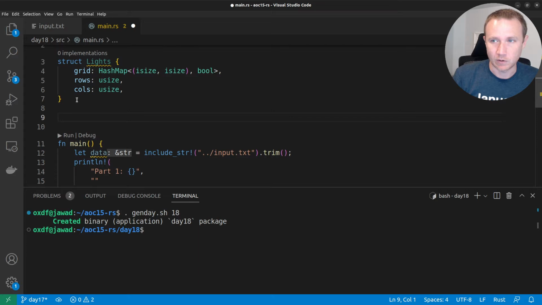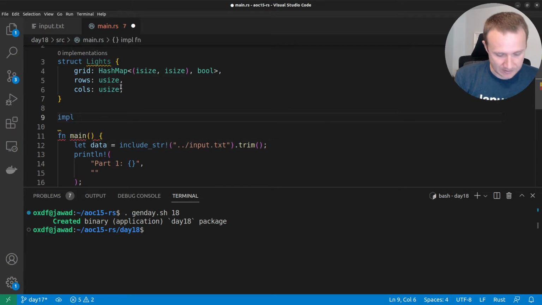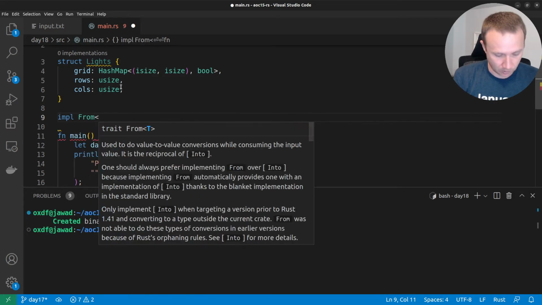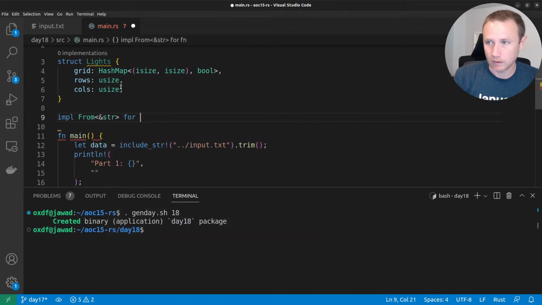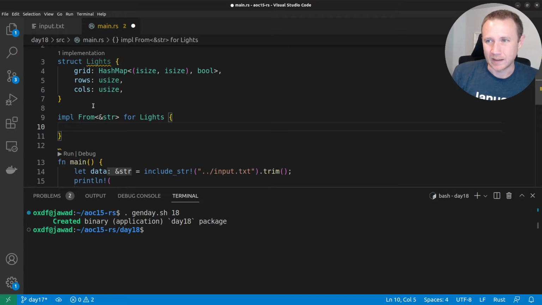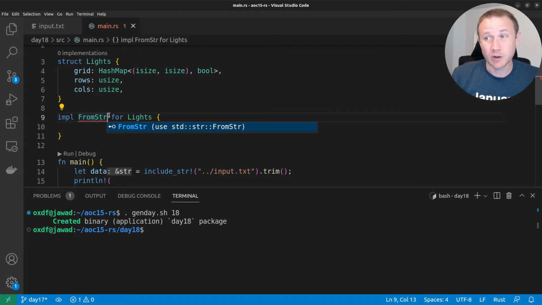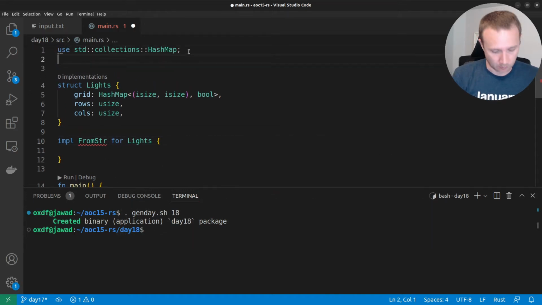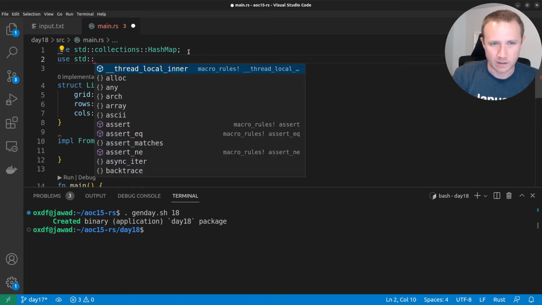The next thing I want to do is take all this input and read it into a Lights object. So I'm going to do impl, and I'm going to do something a little bit different. In the past, I've been doing From for Lights. I was talking to Epi a little bit, and it's actually preferred that you use FromStr when you're converting from strings specifically. If you're converting from a vector, this doesn't apply. Use what I just did, but from strings it's preferred to use FromStr, and we'll have to use std, and it is in the